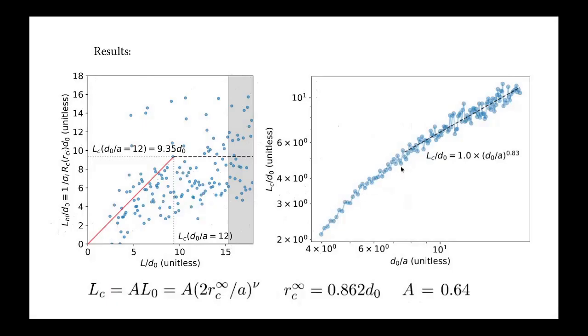This plot has a value in itself because it can be used to choose the right cell size when simulating coupling conductivity. It can also be used to test the prediction of percolation theory, which is shown here. The prediction fits the simulation in the range of arguments larger than 7. I got the exponent value of 0.83, and using the known value of critical distance, I got the unknown parameter a of 0.64. Then we can say that in general we have agreement between the prediction of percolation theory and